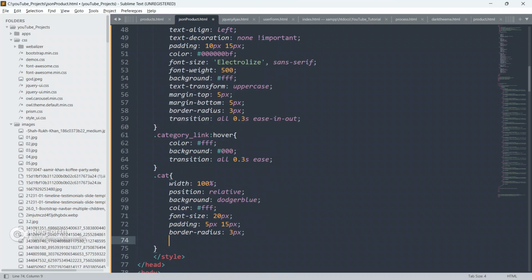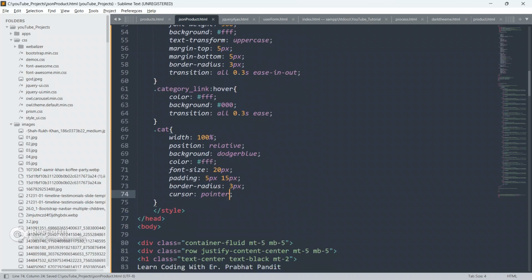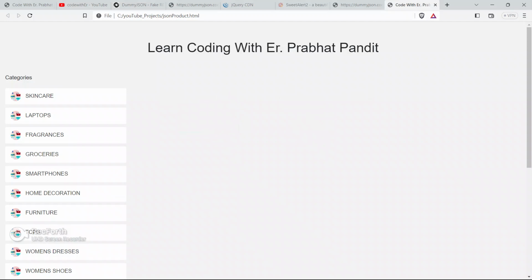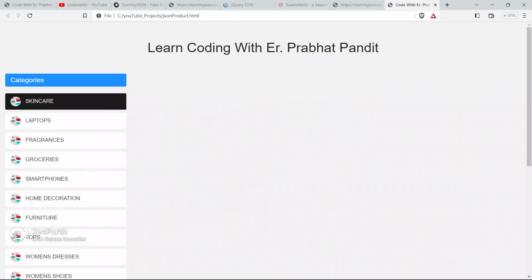Okay, and give border radius as 3px and give cursor as pointer. Okay, save your code, go to the browser and refresh your page.